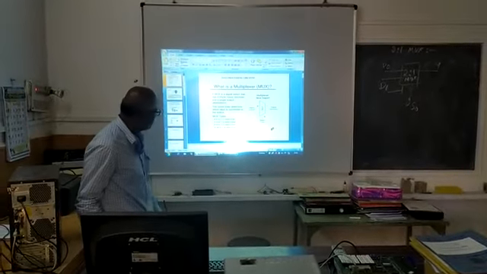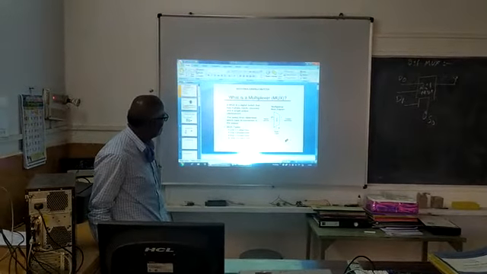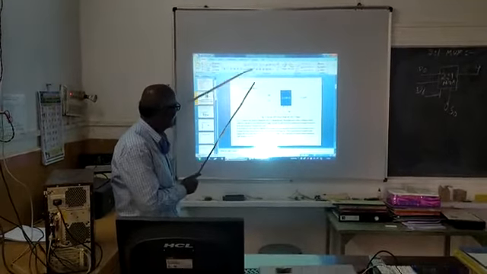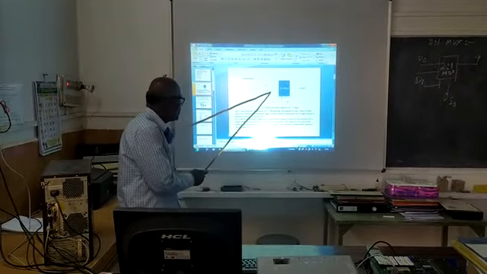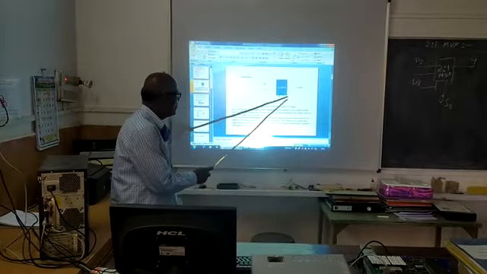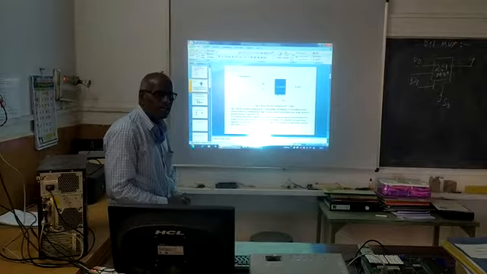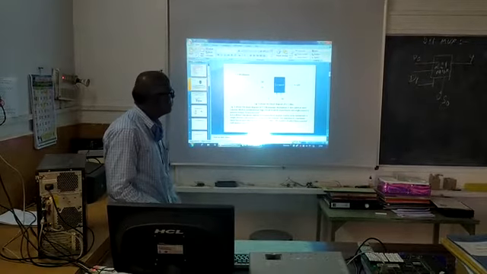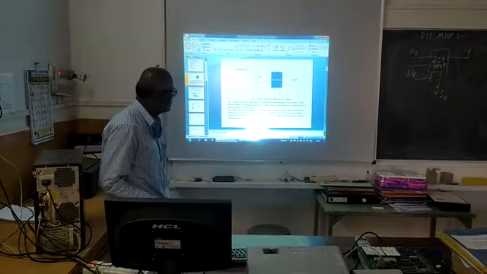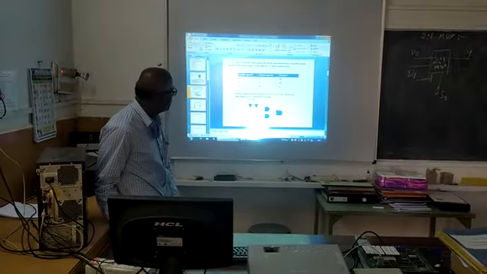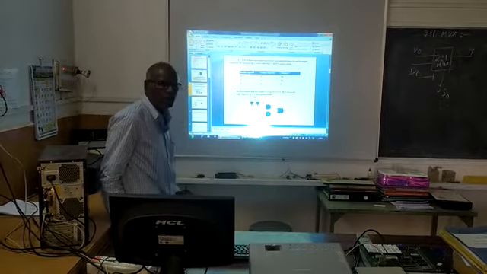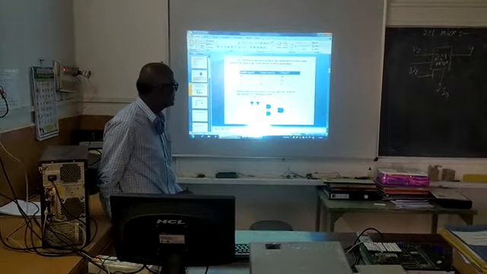In the second figure, it is shown a 2:1 multiplexer. It has data input lines D0 and D1. Again the select line is S0. A special enable condition is given in the case of a 2:1 mux. It has a single output, Y, and the equation is given as Y equals S0 bar D0 plus S0 D1.